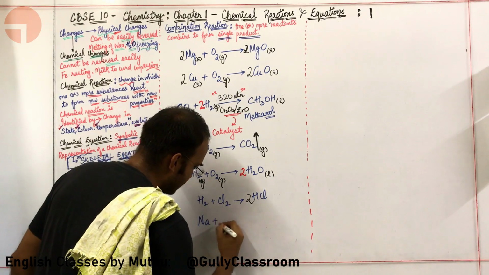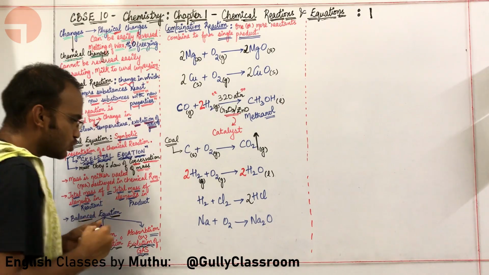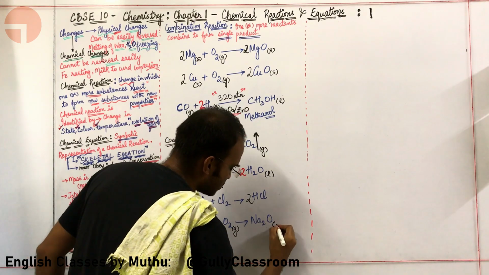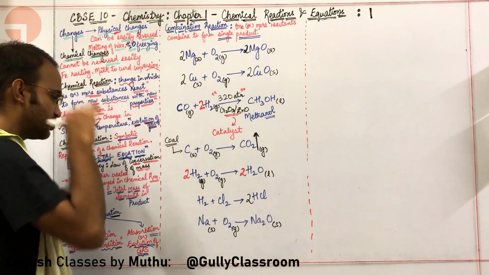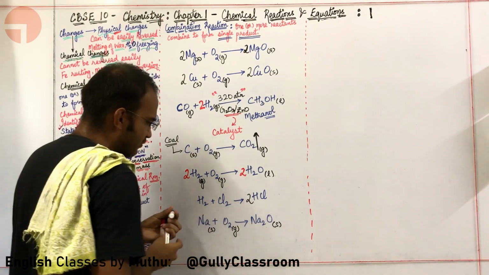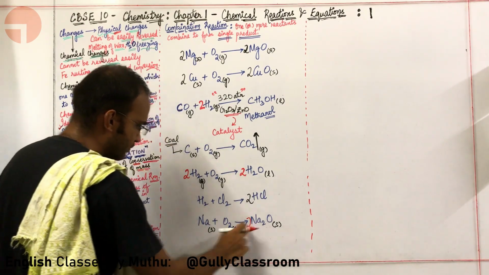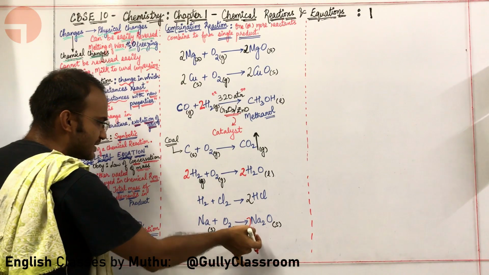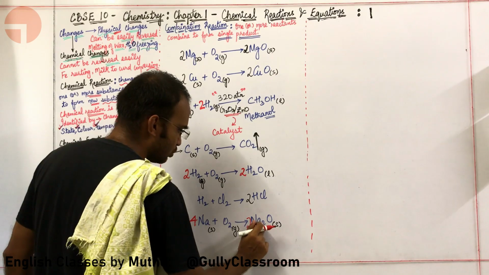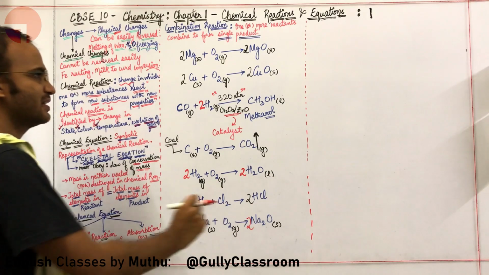Let us write sodium plus O2 will give you Na2O. Here sodium is a solid. It reacts with oxygen, which is a gas, and once more it forms sodium oxide, which is a solid. Here there are 2 oxygen atoms, so here also there will be 2 oxygen atoms. I am going to add a 2 here. Now there are 4 sodium atoms. In order to balance this, 2 into 2 is 4, I am coming back and writing 4 here. Yeah, that is basically the reaction.